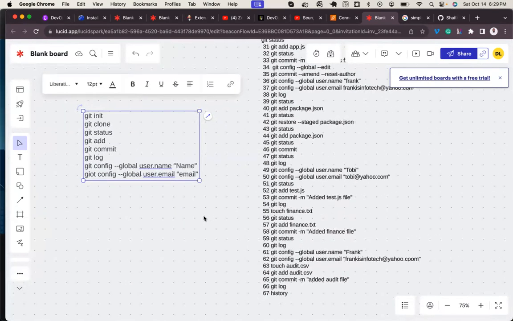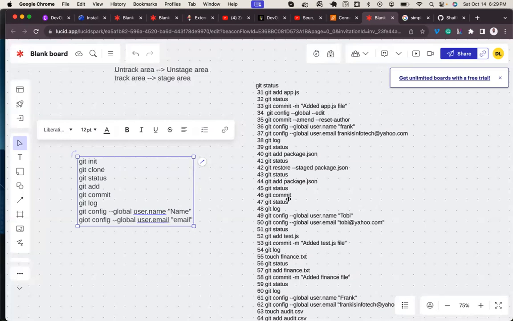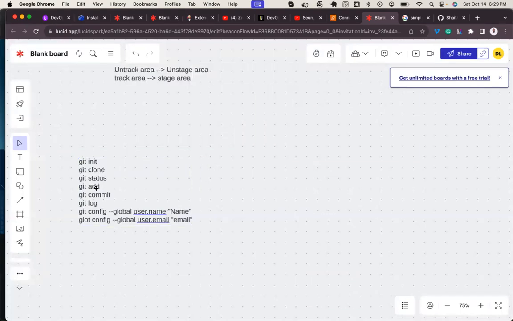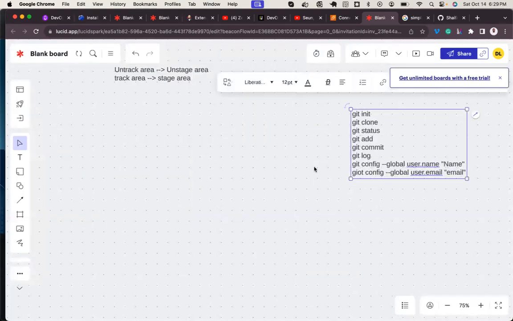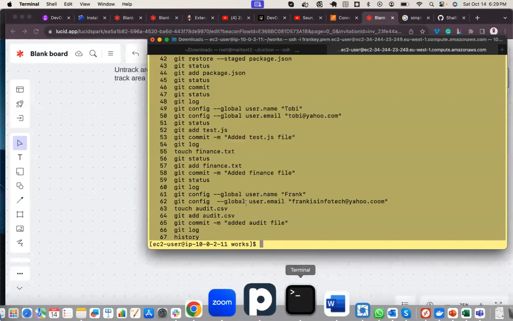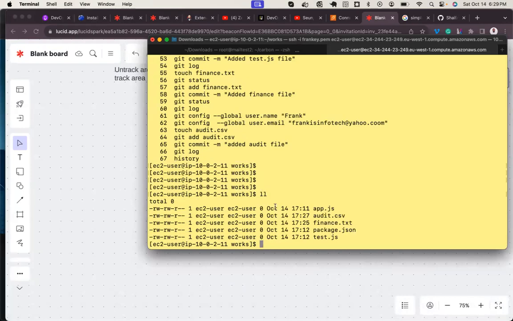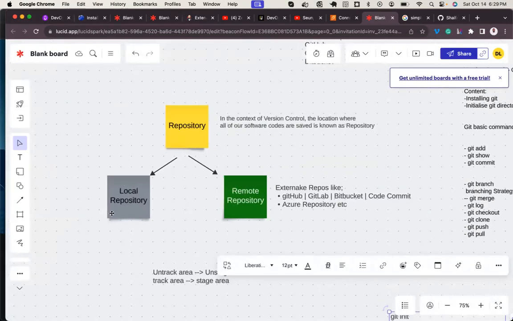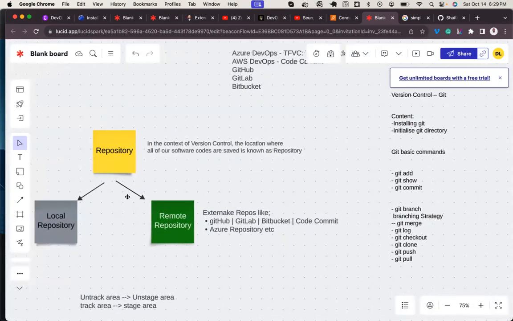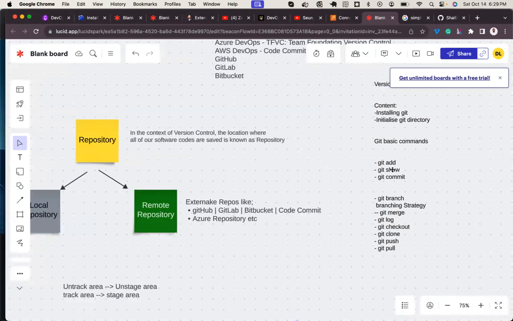All right. Keep it somewhere here. So all these commands are now resident on my local repository. Okay. So we've seen git add and git commit.